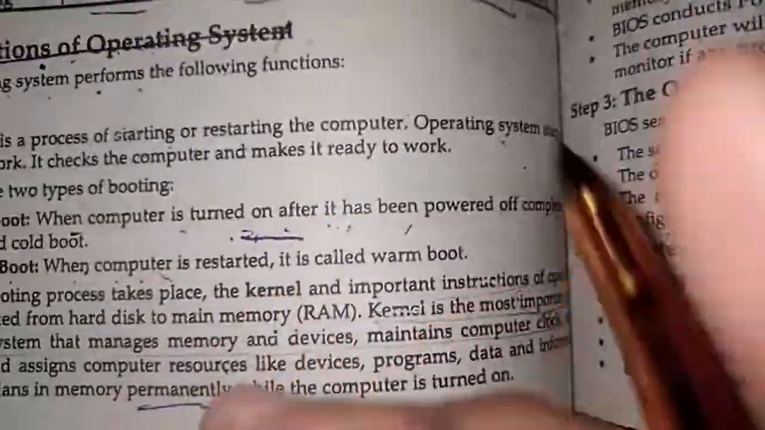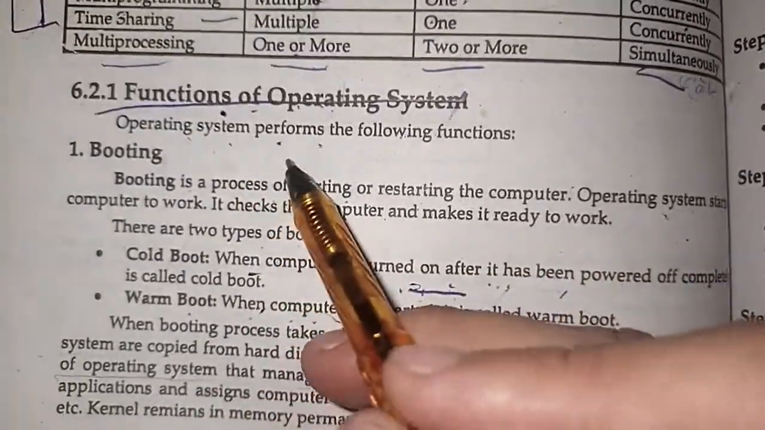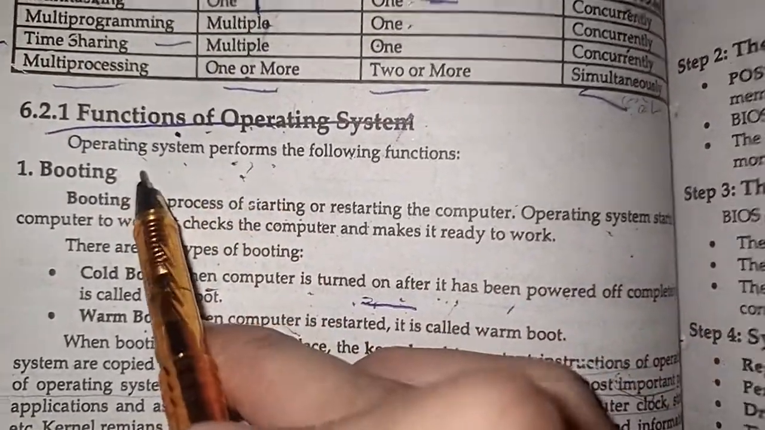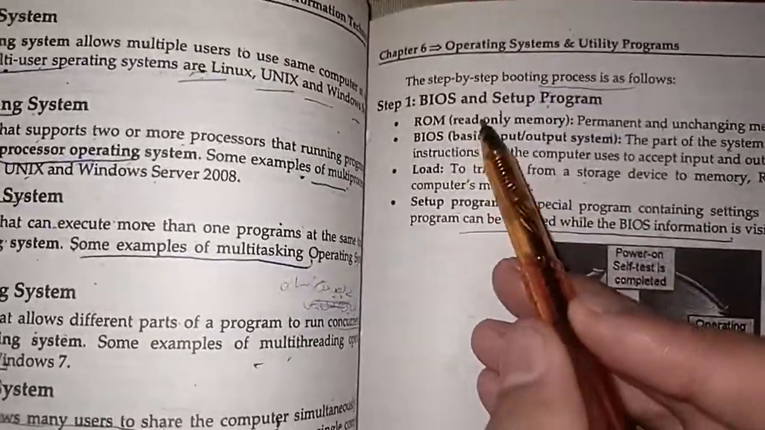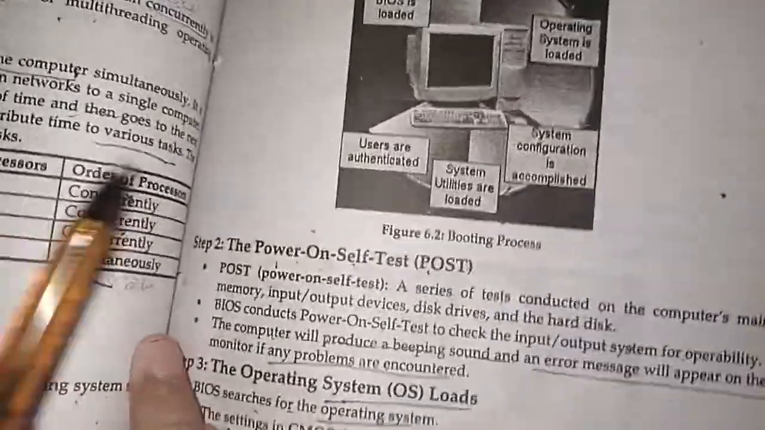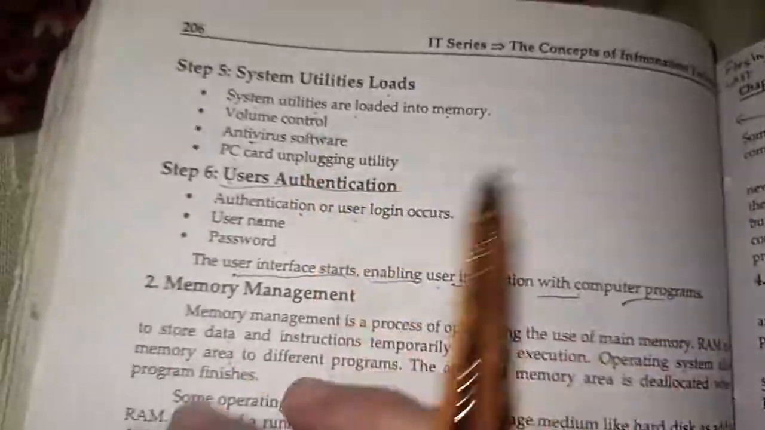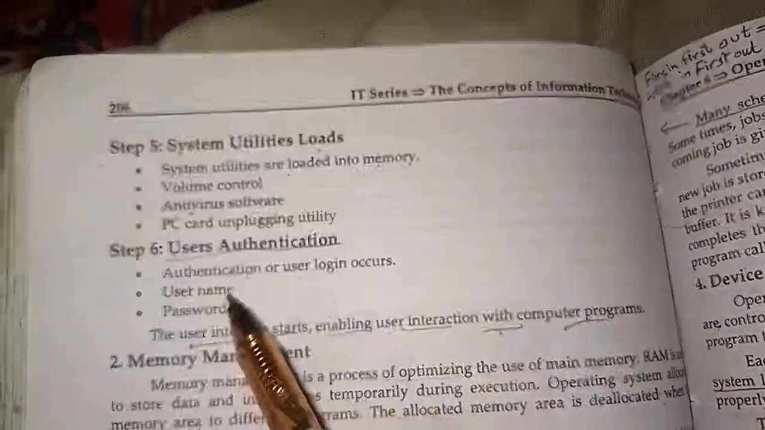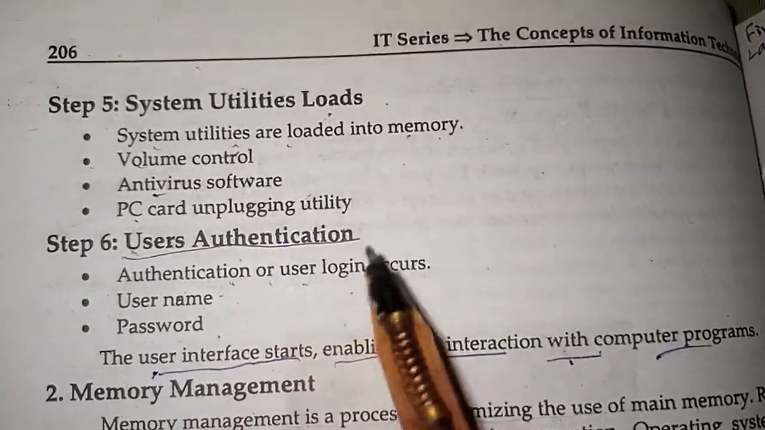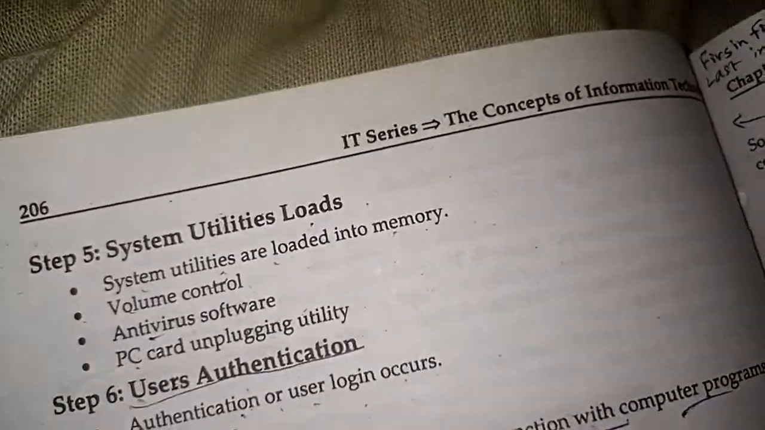तो दोस्तों, आज की इस वीडियो में मैंने आपको फंक्शंस ऑफ ऑपरेटिंग सिस्टम के बारे में बताया है, जिसमें हमने पढ़ा है बूटिंग। बूटिंग के आगे हमने स्टेप्स पढ़े हैं दोस्तों, जिनमें है BIOS and setup program, the power on self test, the operating system load, system configuration, 4 step, 5 step system utility loads, and 6 step is user authentication।